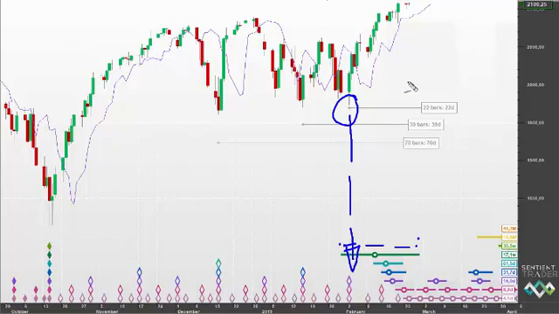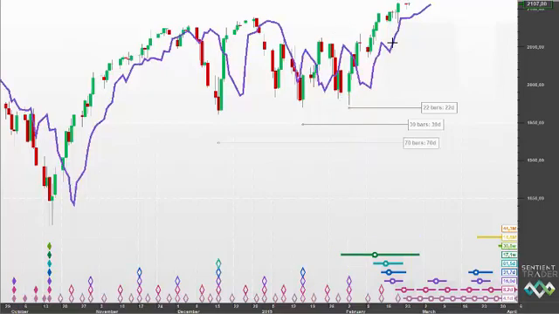That, of course, presented us with a problem. If I clear this and highlight the FLD, the problem was, what should we do about the next interaction with the FLD? Because, of course, we trade interactions between price and the FLD. And I mentioned in last week's video that if this trough at the beginning of February was a trough of the 20-week cycle, then the next interaction between price and the FLD would be a category B interaction, because here was the A back in the first week of February,